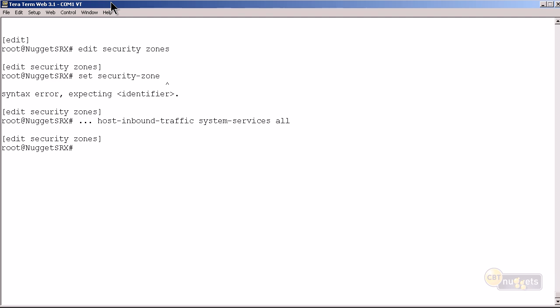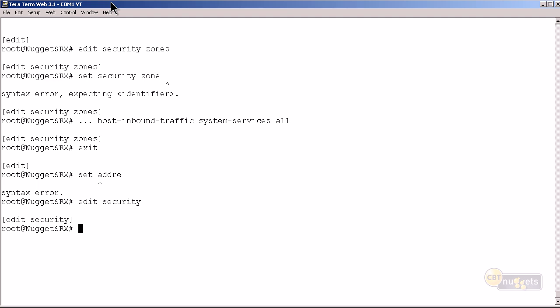Okay, the next thing I want to do is create an address book entry. So I need to exit back one level, and I'm going to set an address. Let me see, I think I need to be in a different mode. Security maybe? And do set, there we go, set address book. So what am I doing here? Well, I've got a subnetwork in the extranet, okay? So that all the hosts, anything that's going to be in the extranet at this recording studio is going to be in the